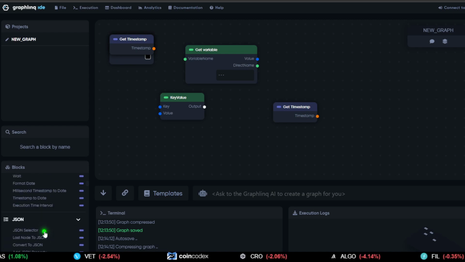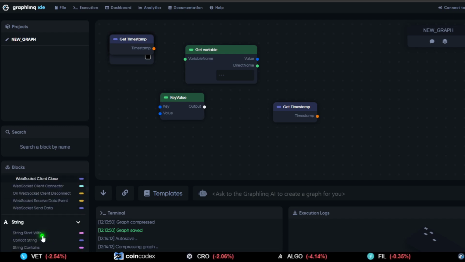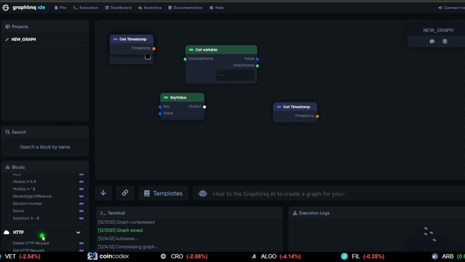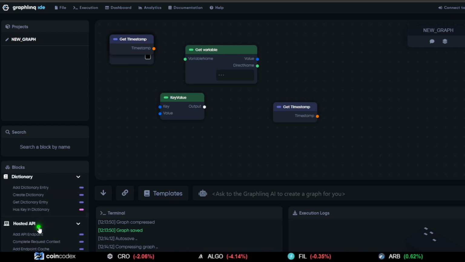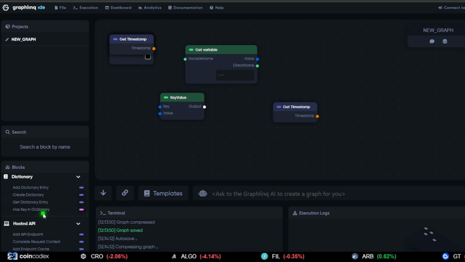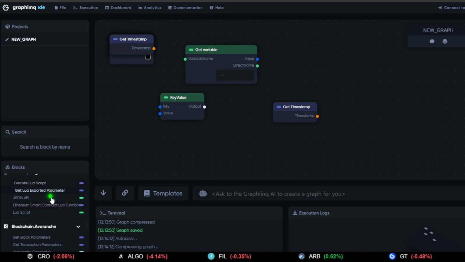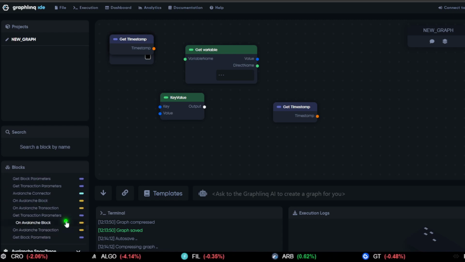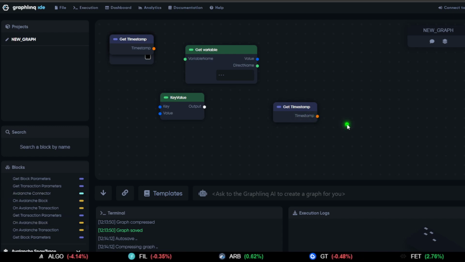There's some JSON if you want to put in there. Obviously, basic data types, strings, and maybe some integers, or I don't know, floats and doubles and whatever they got going on here. I don't know, but you can see the APIs and different dictionaries and DEX tool integration. So there's a lot happening here. Avalanche integration. Okay, guys, this is good, no doubt. But now, are people using it? This is the biggest concern, right? What's the use case here?